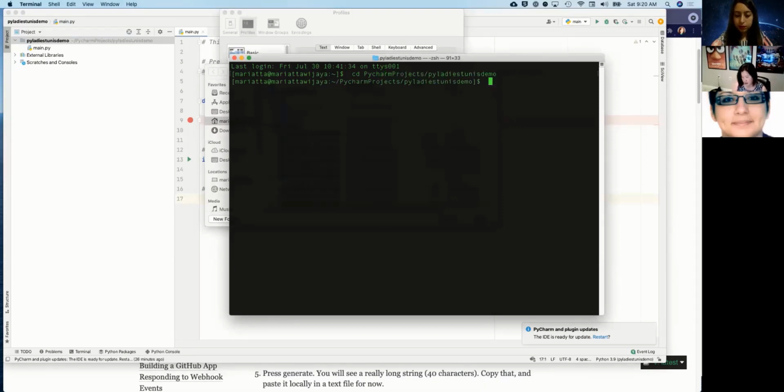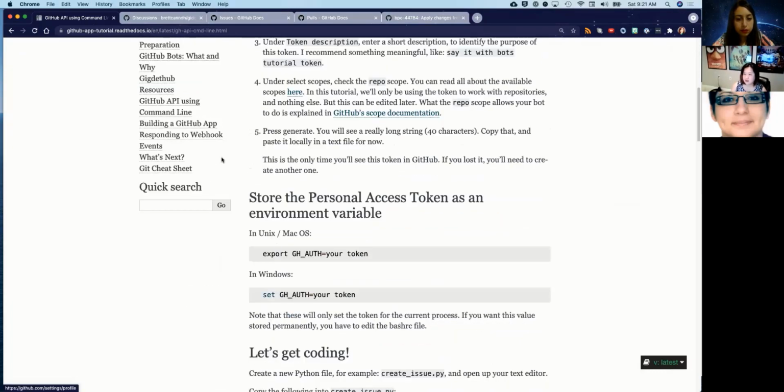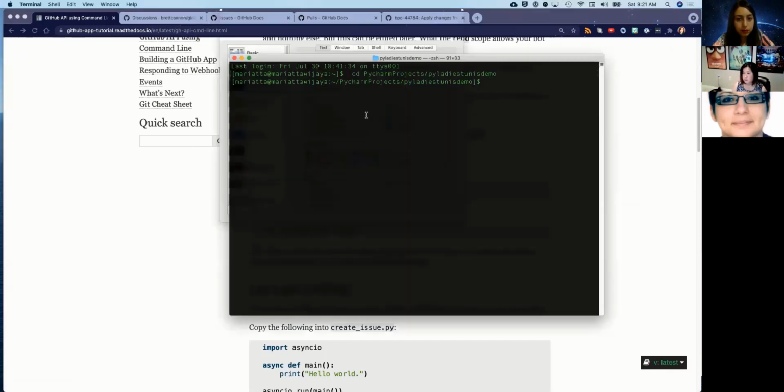I'm going to create a virtual environment, and this whole thing was described in this step, like installing Gidgethub. So let me do that. Actually, let's create a virtual environment. So Python 3